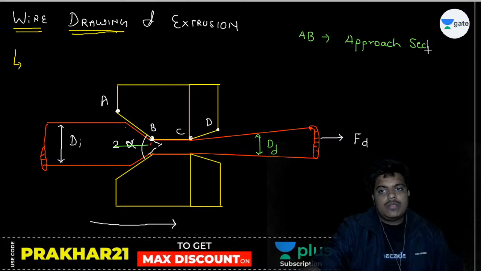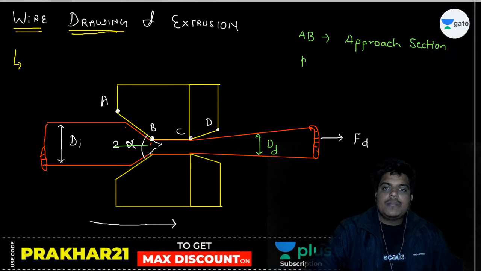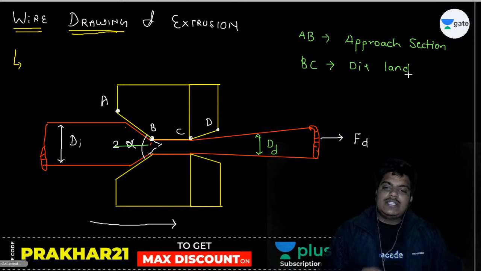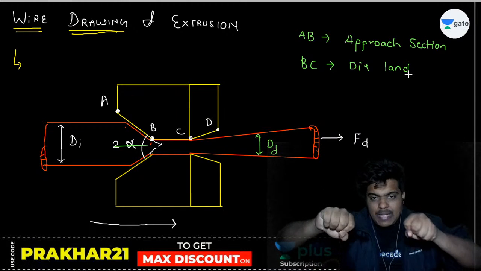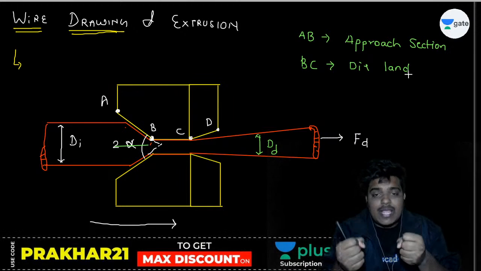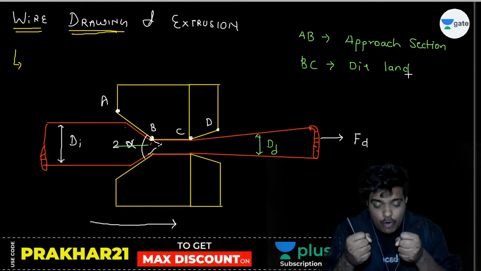Approach section is where the actual reduction is taking place. BC is known as the die land. That is, suppose I am turning a particular component. Now after turning a particular component, I have to keep that component at a particular position for some time to